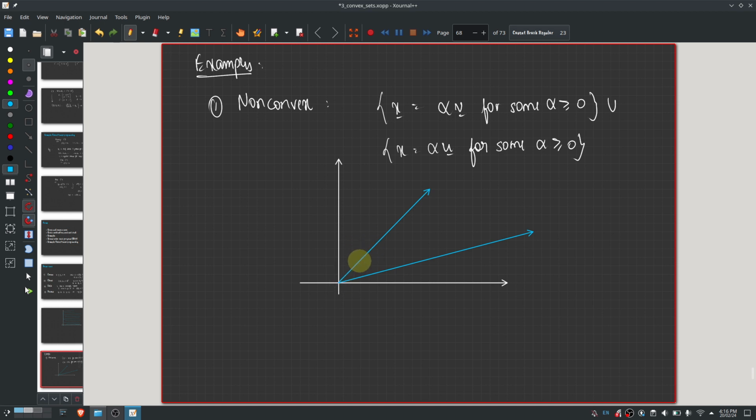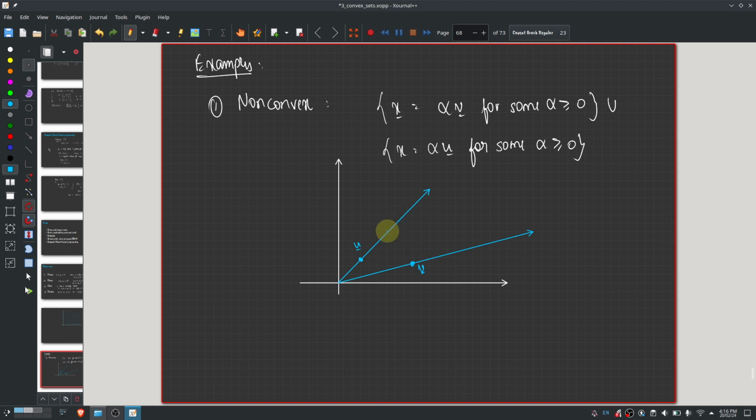Suppose I have some vector, let me call this u, and this is some vector v, then the ray passing through u is the set of all alpha times u for alpha greater than or equal to 0. The ray passing through v is the set of all alpha times v for some alpha greater than or equal to 0, and the union of these two